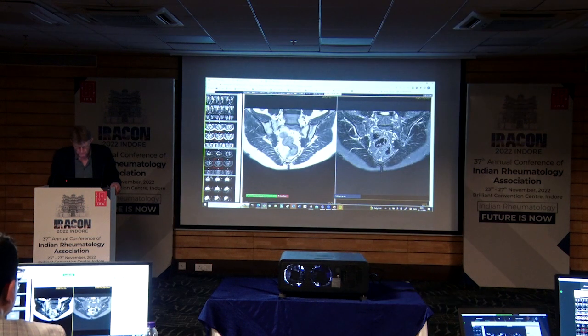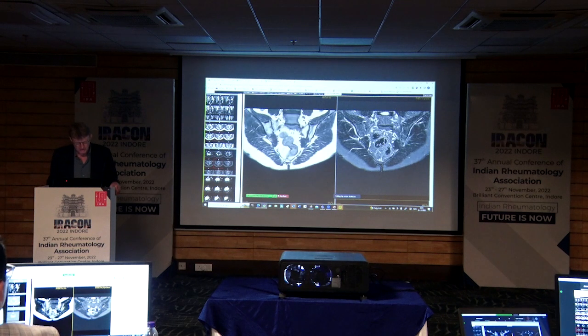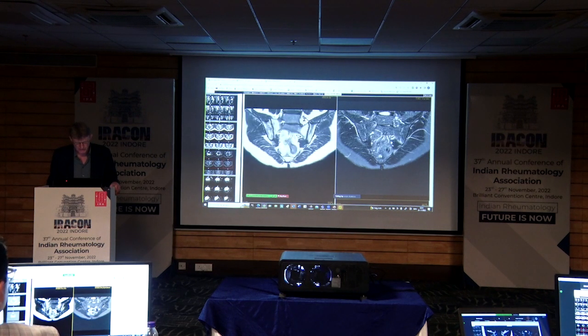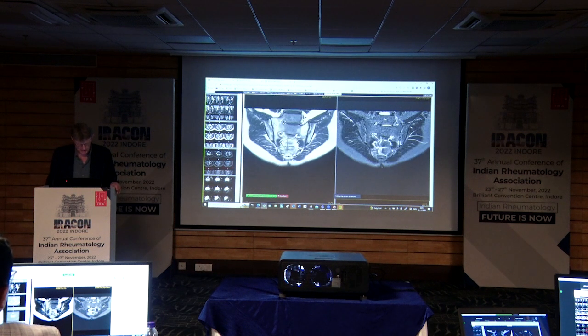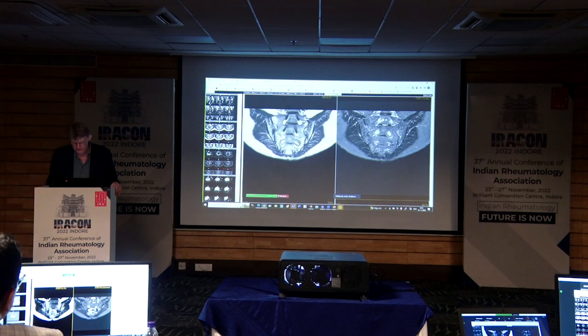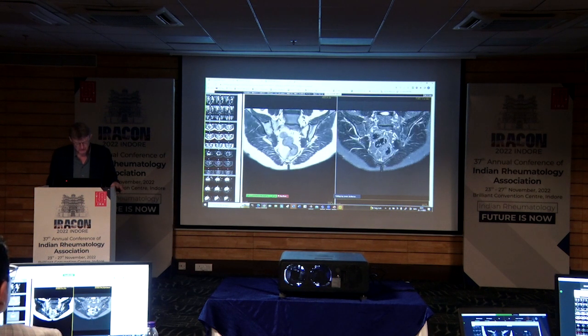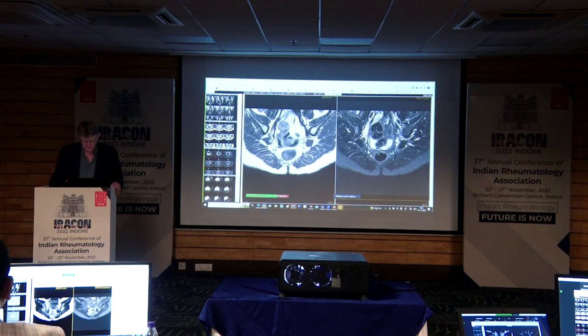Great. So, if we look at the case, again, scrolling through quickly, then the first thing that it turns out is that there's a lot of fat here, and then the joint looks strange, somehow irregular, and a lot of fat. And not because the bone marrow edema is picking up so much at first sight, but there probably is something here and there. So a lot of structural changes. And if we take it slowly,